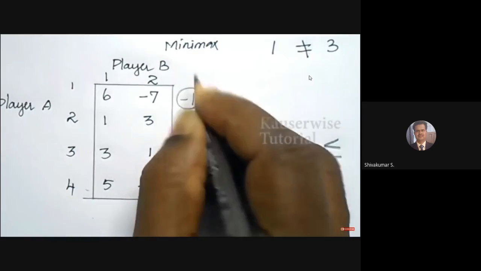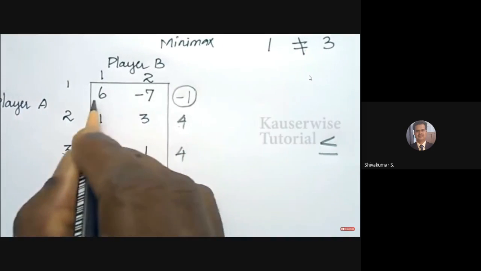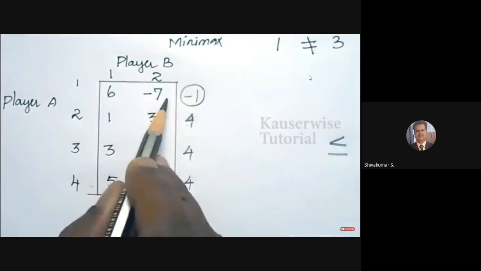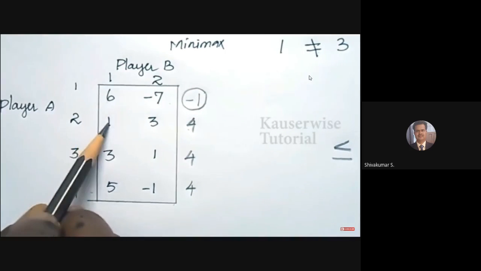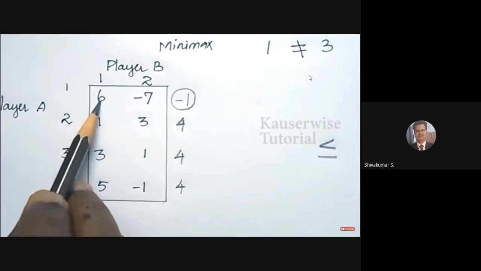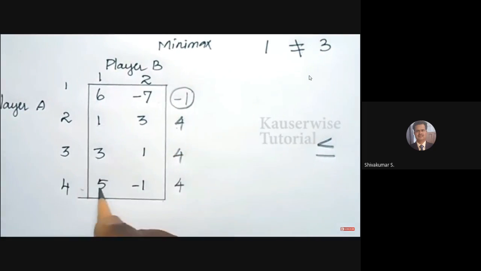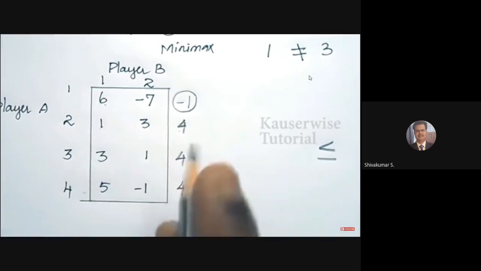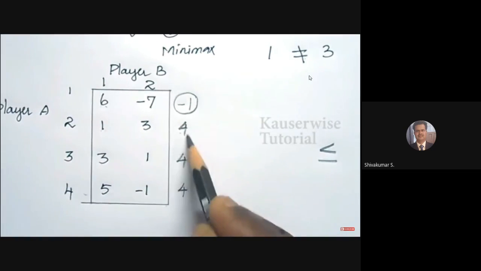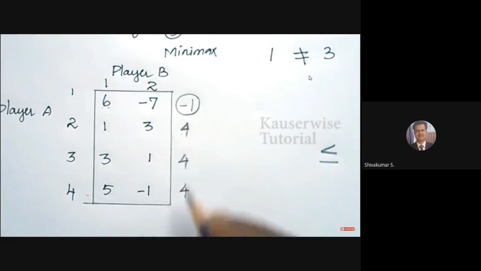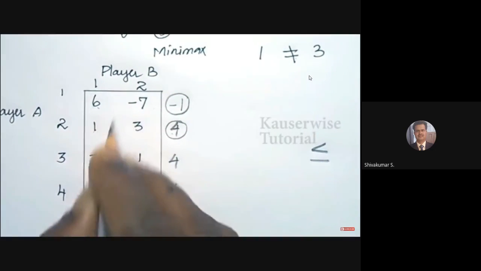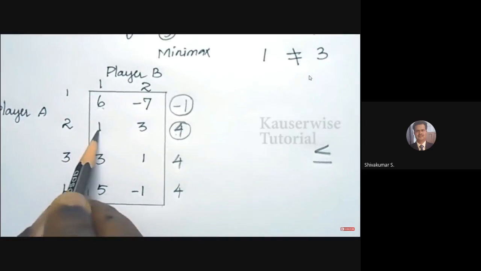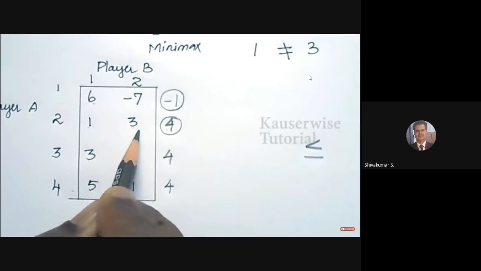So I am going to compare these values with all the other values. Look at the first row value, 6. 6 is greater than 1, so no dominance. Here 3, greater than, no dominance. 5, greater value, no dominance. Go to the second option. We have a 4, equal value, no. Select any one. I am going to select this one and compare these values with all other values. See the first one, 1. 1 is lesser than, yes. 3 is greater than -7, so no dominance.